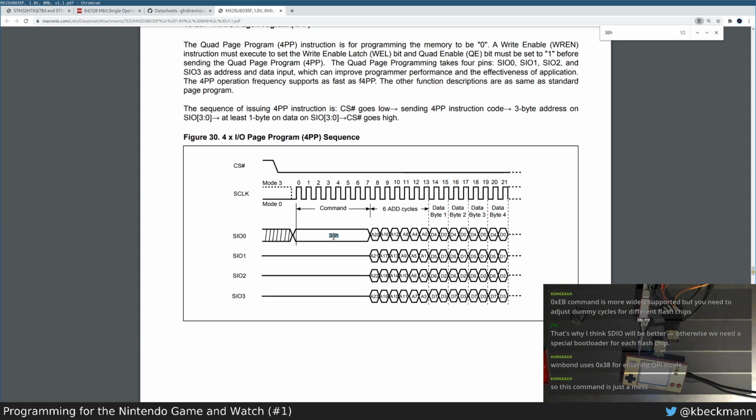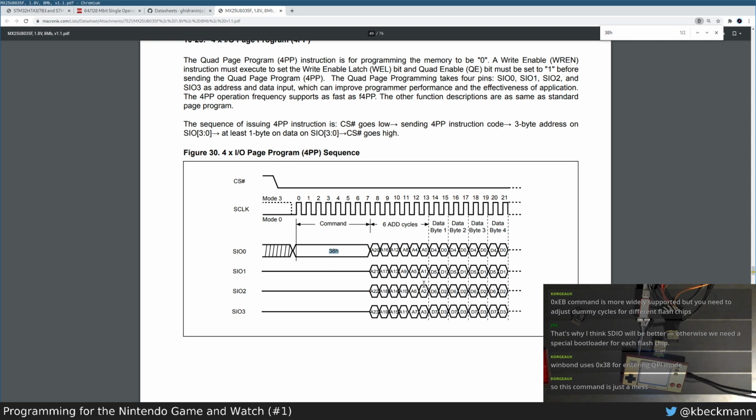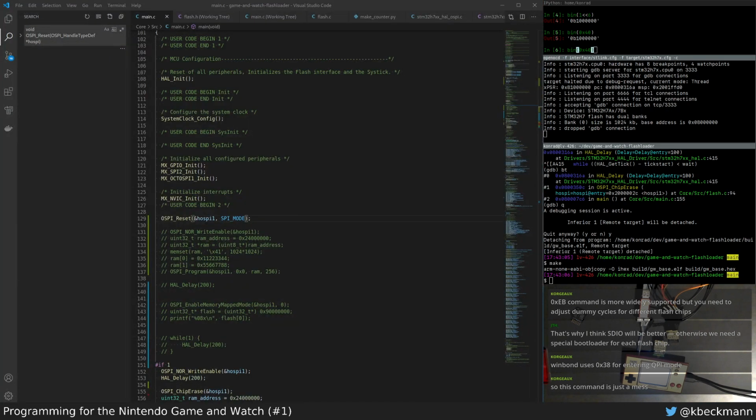Right, so this is actually the hybrid style. So the command is issued in SPI mode, and then the address and data come in quad mode. So this command is just a mess. Yeah, thank you. I understand now, because I remember you wrote something before that was basically, oh, don't bother with QPI mode, it's a mess. And yeah, you're completely right. Why didn't I listen? But I had issues with the normal command for some reason. Anyway,